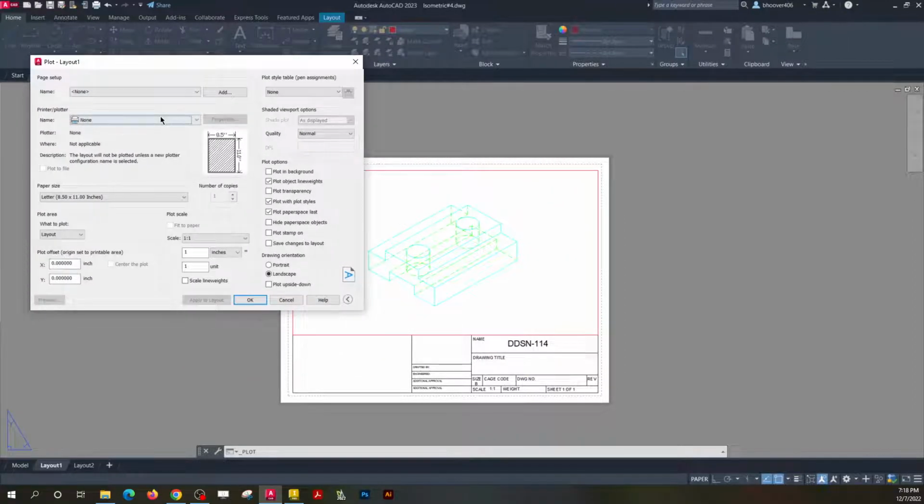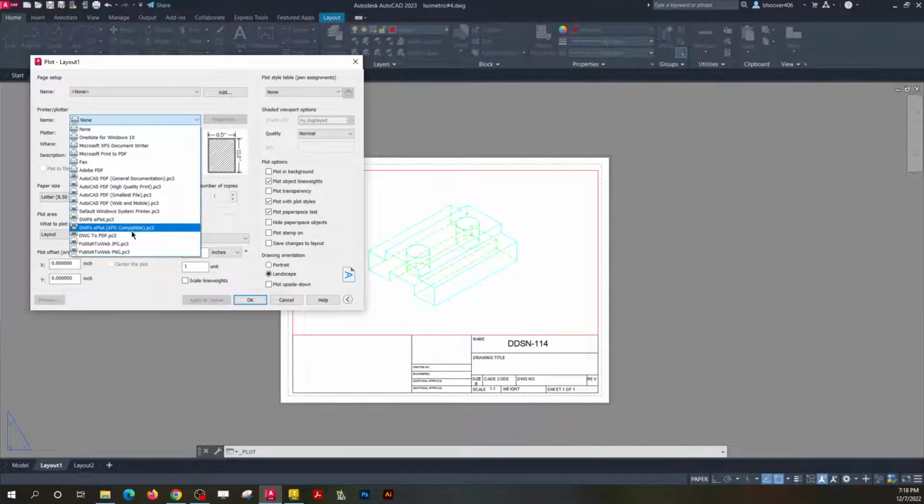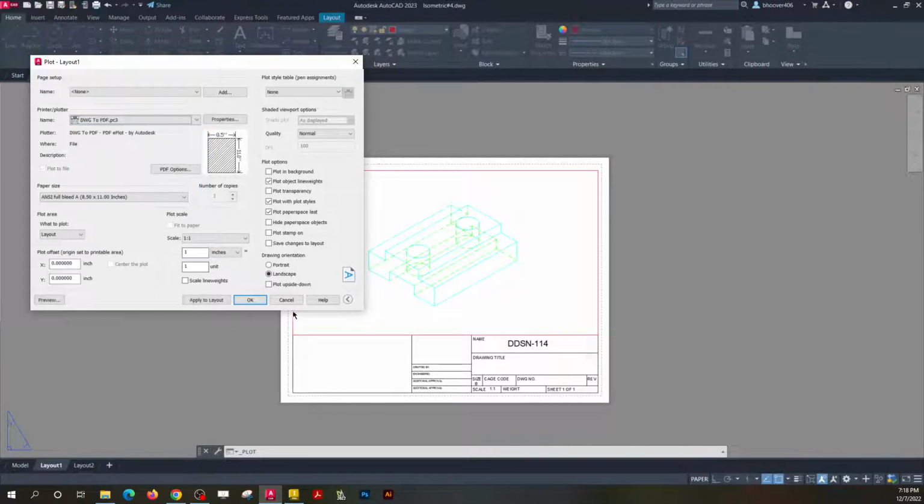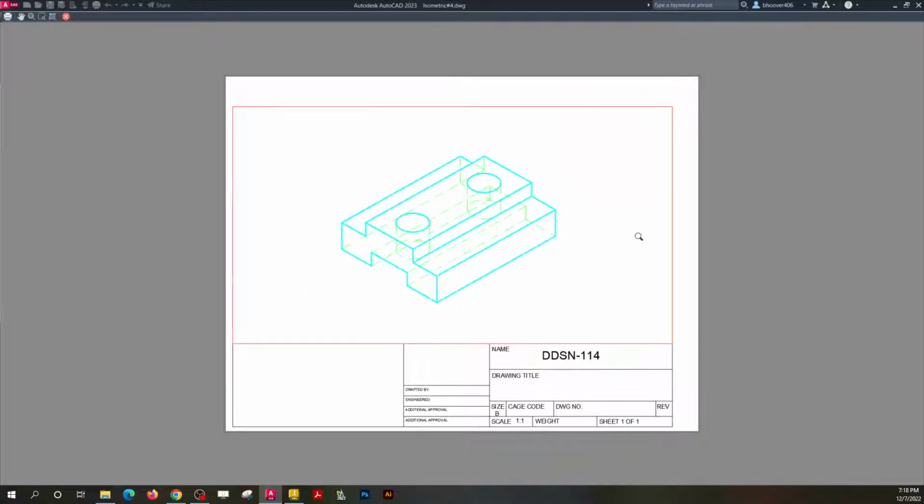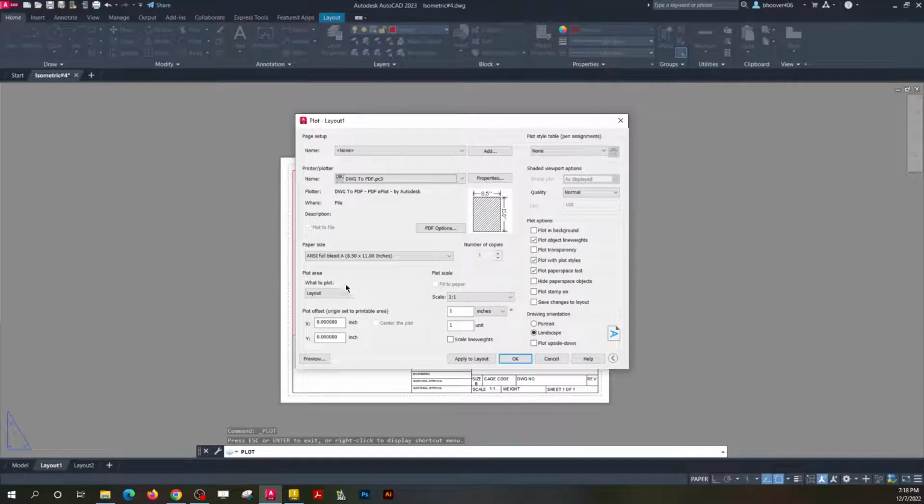And we're not actually printing. What we're doing is we're going to do this DWG to PDF. So this is going to take our DWG file and convert it to a PDF. If I hit preview, I can check it to make sure it looks okay. Sometimes the border can kind of be weird,